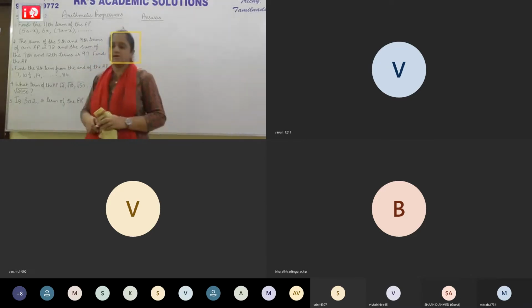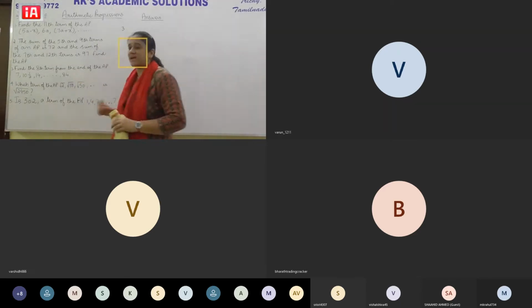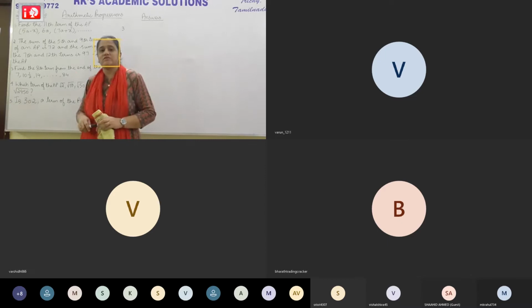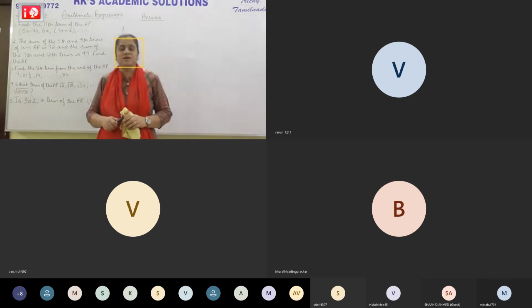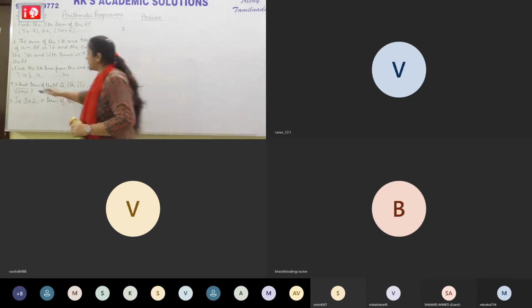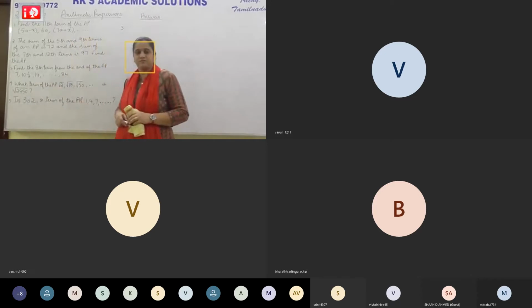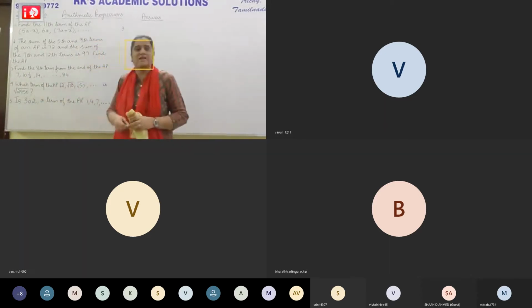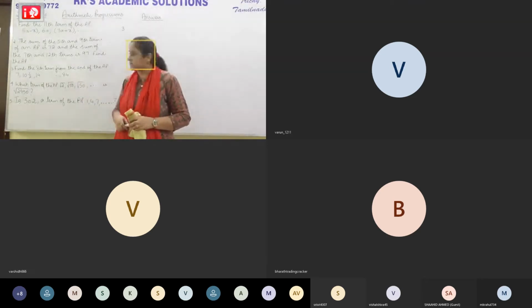In question number 3, we need to find the 8th term from the end. So, to answer this question, we first need to find the number of terms in this AP. Now, just assume that these numbers are people standing in a queue. We just assume that these numbers are people standing in the queue. Now, they are given total numbers from 1